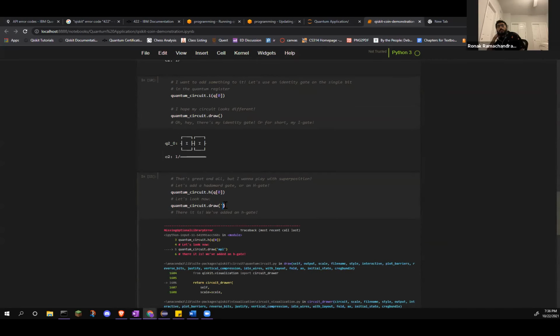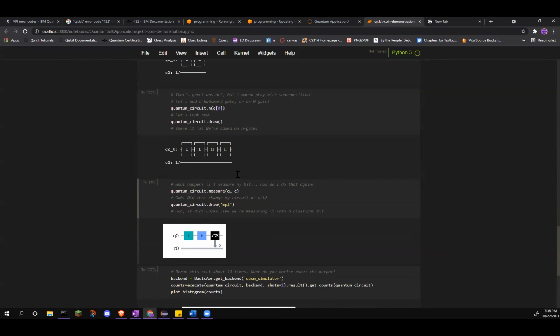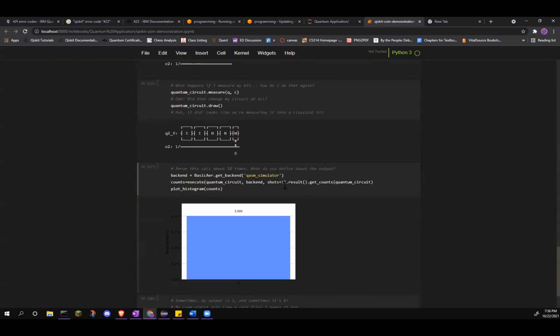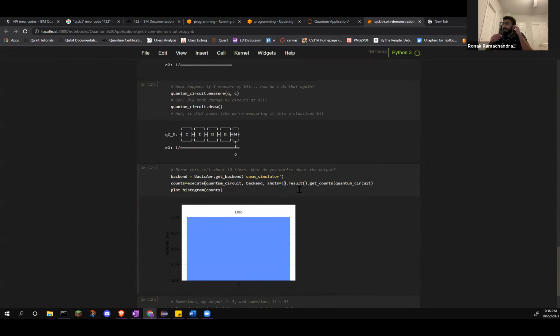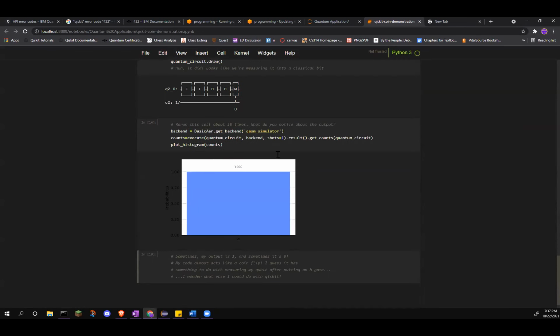Oh, you forgot to run the imports? No, I ran the imports. I just have to restart the entire kernel. But I'll just run it. Okay. You've added so many. You've added a double Hadamard. It's just going to be back to where it was before. No worries. Okay. Now, this is where we change this to... yeah, just change it to